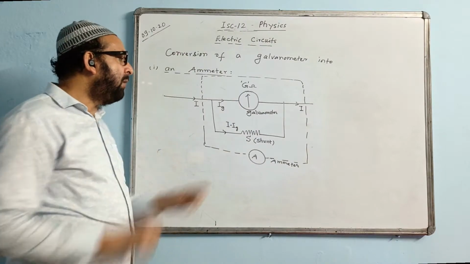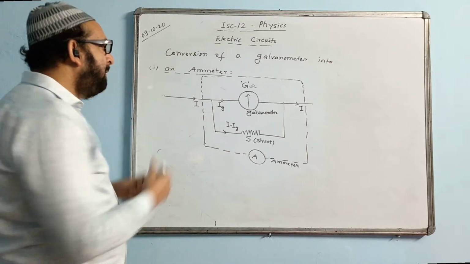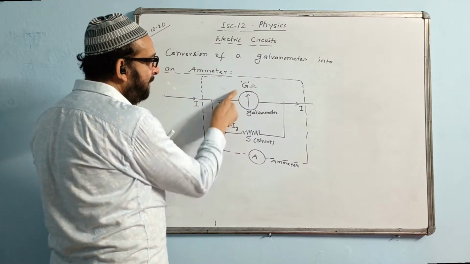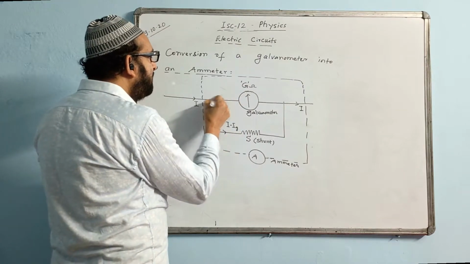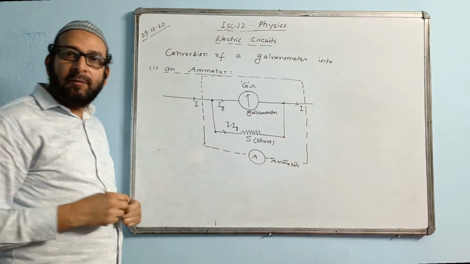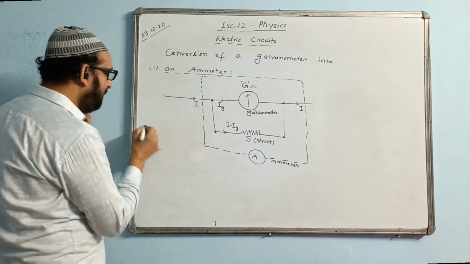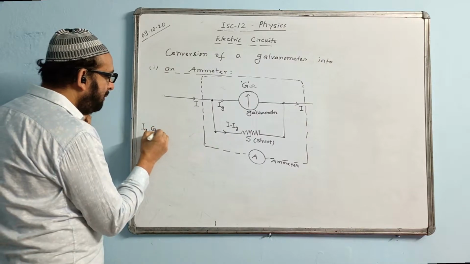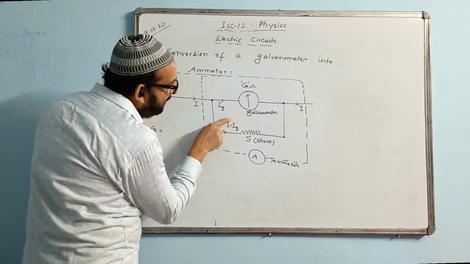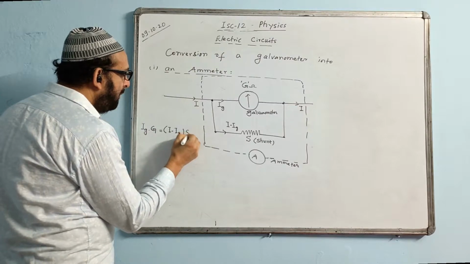Now we are making a formula. What should be the value of shunt, or what type of equation should we follow here? They are in parallel. This one G ohm and S ohm. This is also a kind of resistance. They are in parallel, so the voltage will be the same here and here. And the formula for voltage is V equal to IR. So we take the current and multiply by the resistance. Write like this: Ig into G equal to, here again current into the resistance. Current here is I minus Ig. This into S. Here we write: I minus Ig into S.